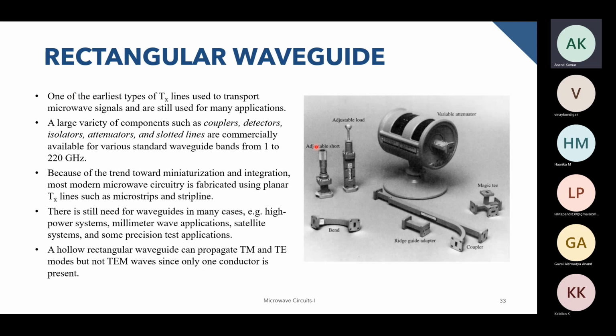But rectangular waveguides are very popular, especially for military applications or scientific applications. And a lot of different devices are built using rectangular waveguides, for example, couplers, detectors, isolators, attenuators, slotted lines. So these are different microwave devices, and the photos are also over here. For example, there is this bend over here, there is this coupler over here, Magic T, variable attenuator. So all these employ rectangular waveguides, and hence it is important that we know about